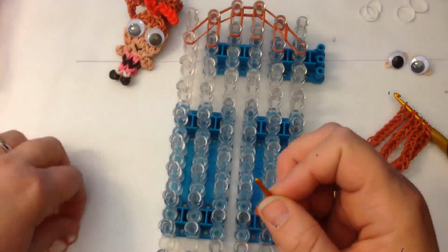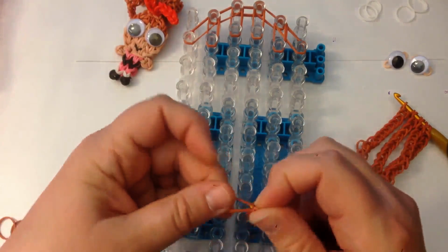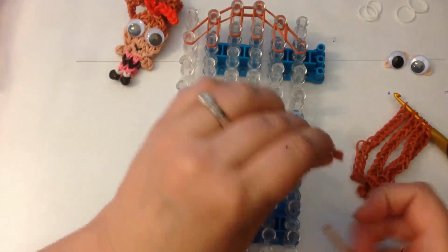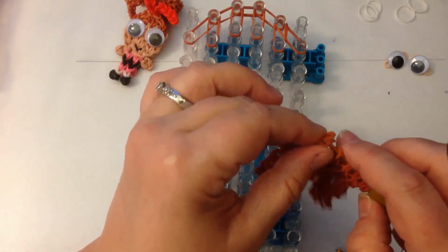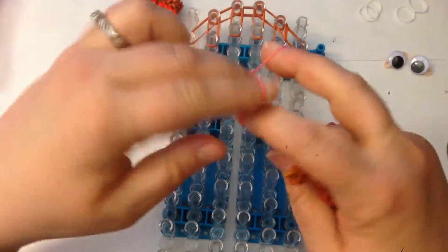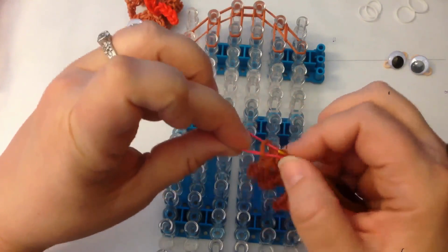13, 14, and 15, and we'll pop that on there. I'm going to take a red band, figure 8, loop it on itself, and I'm going to just slide these on